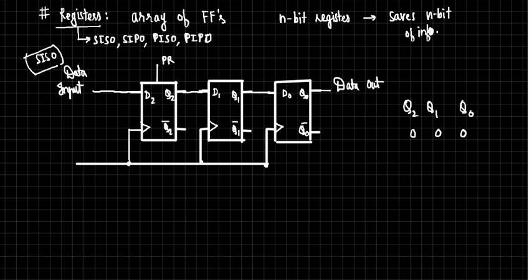So, is this fine? When you give it 0, then the output will be 1 always, right? PR bar when it is 0, then output will definitely be 1, isn't it? Just because the NAND gates will have one input always 0 and the output will always be 1, and so on. So somehow if we make sure that these outputs are initially all 0, assume that,